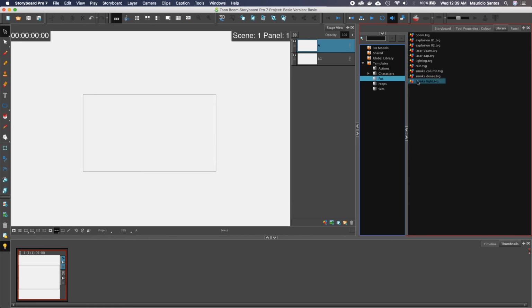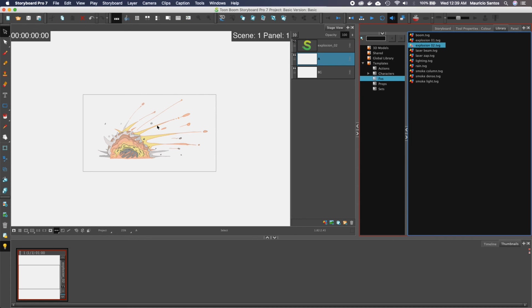So, and there's also some templates. For example, here's an example of an explosion. So I can just bring it in from the library, drag it here, and then I see that it added a completely new layer, so it's not going to affect any existing work in the panel. And you may have noticed when I select off of it, it kind of dims or loses